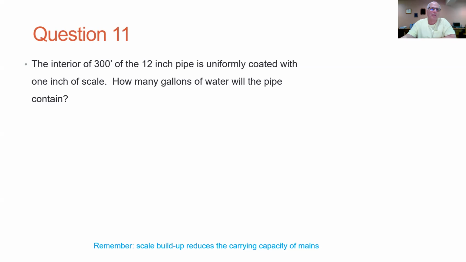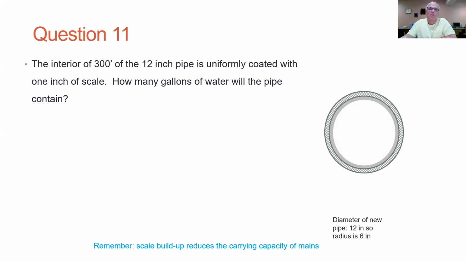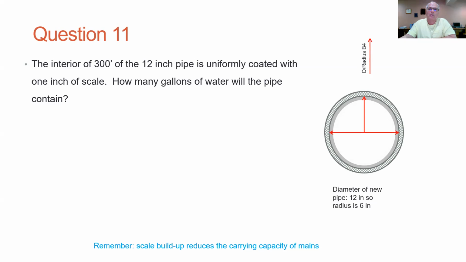And here's a good example of how that works. So here's a picture of the water main. Here's a picture of the 1 inch scale. The diameter of the new main was 12 inches, so the radius would be 6 inches. I put that up there. That's the radius before the scale. You can see the red arrows coming in. Shows you the diameter and the radius before the scale is built up. If I look at the diameter of the corroded pipe after I've got the 1 inch scale,